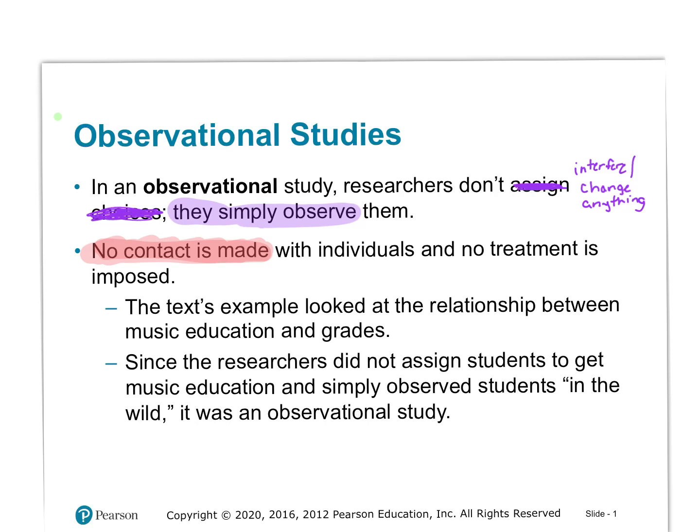For the record for those of us who are not here. Observational studies, just as it seems. They're strictly observing, no contact is made, so they don't interfere or try to change anything, they are just observing. So in some instances, it's truly the case that they are looking at subjects or watching subjects, but more often than not, observational studies have to do with looking at data that's already been compiled. So just be aware of that.